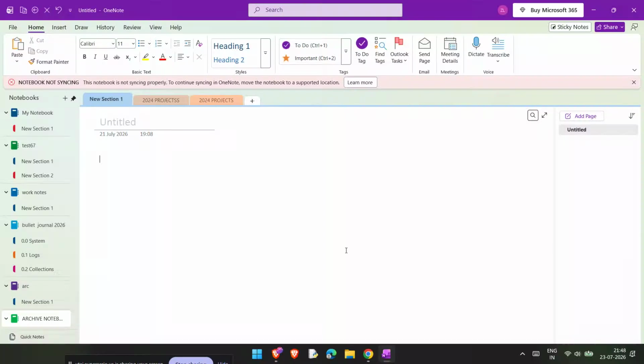If OneNote is showing an offline error and your notes are not syncing, don't worry. In this video, I'm going to show you a quick way to fix it using a manual sync and a simple web-based workaround. This is a great fix when OneNote gets stuck offline, stops connecting properly, or refuses to update